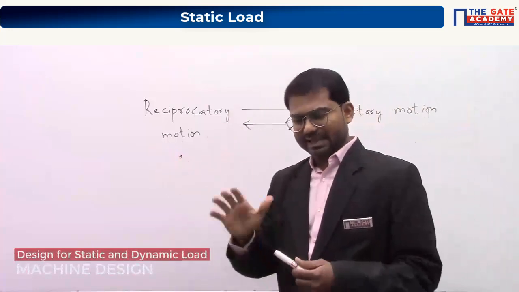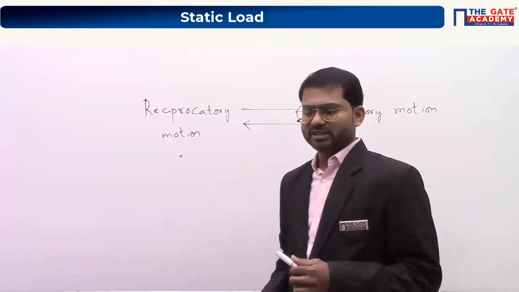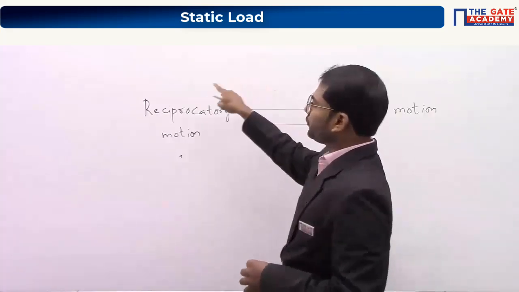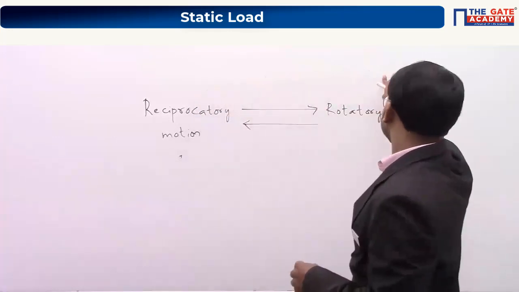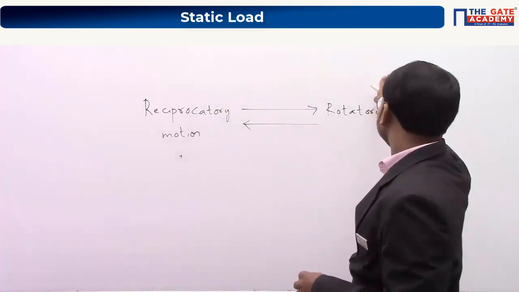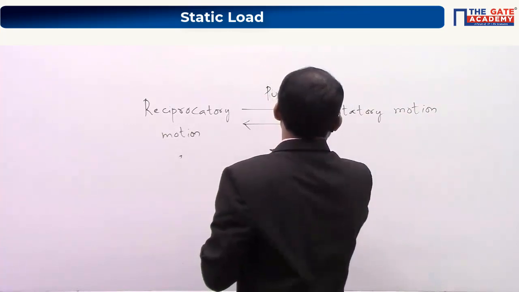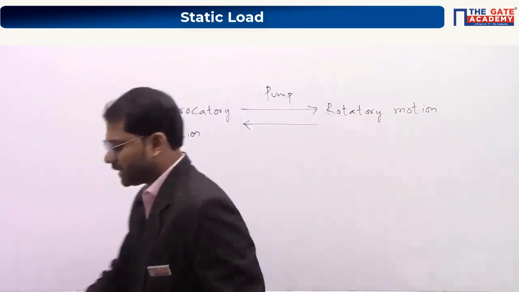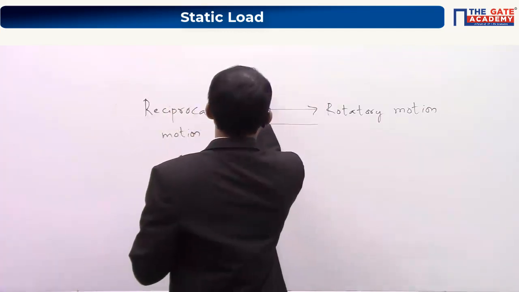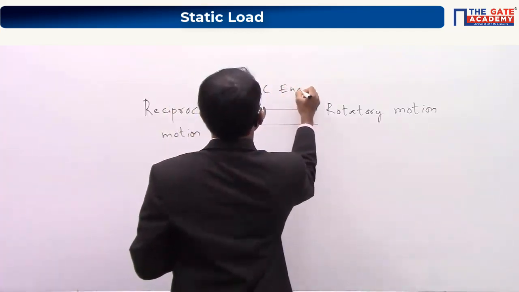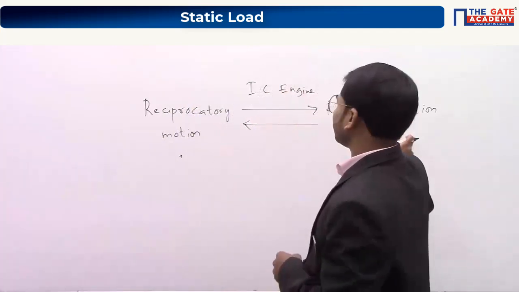Understand? So this actually should be called a mechanism. You can take it as a machine also. Basically, if you are going from left to right, reciprocatory motion is being converted to rotatory motion, which means we are using it as an engine, an IC engine basically. So if you would like to use it as an IC engine, the reciprocatory motion of the cylinder will be converted into rotatory motion here.